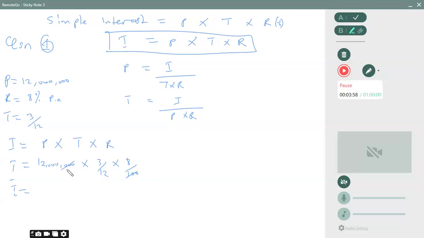This by that. So this is 120. 12 by 1, 12 by 1. So you'll find that it gives us 240. Now, this 240 is just the interest. But the value now, the value